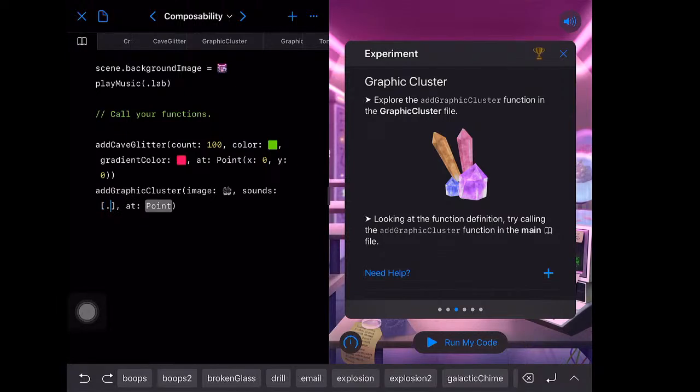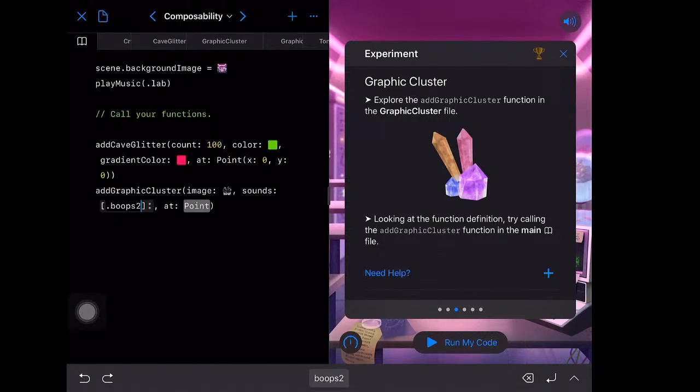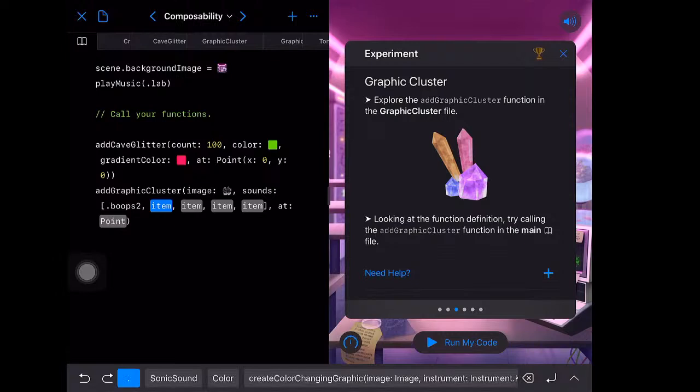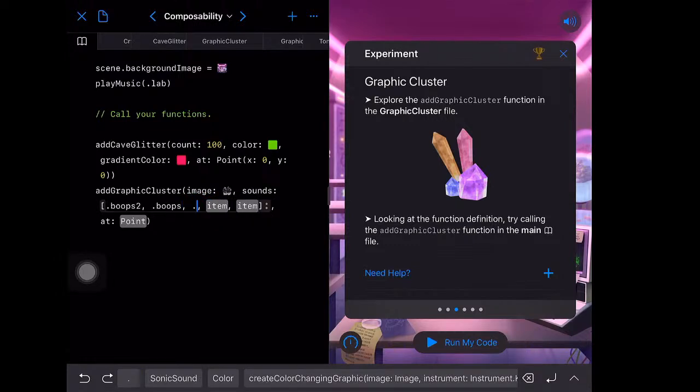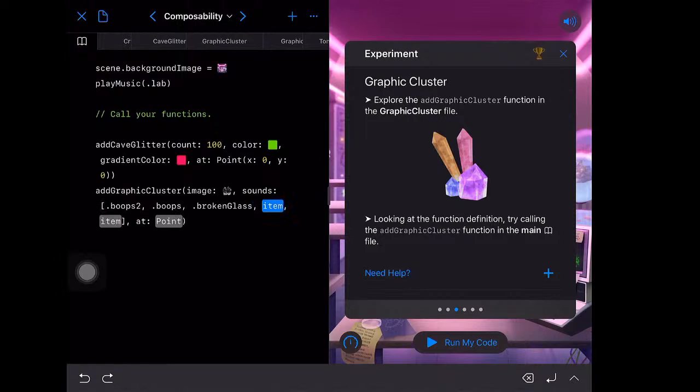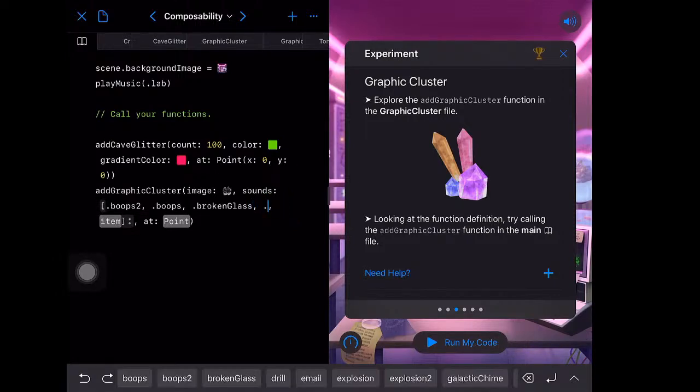So we can add sounds by, let's use boops. And then to add more items, I'm going to tap on the 2 dots there at the end and drag over. Let's add maybe 5, sounds pretty good. And we'll do dot. We'll do just regular boops. For that one, we'll do dot. Maybe broken glass, we'll stick with the bees. Dot. Maybe we'll do, let's do slime. And then our last one will be dot